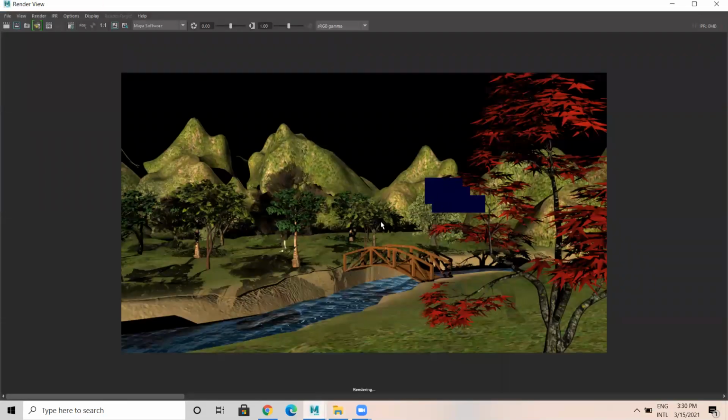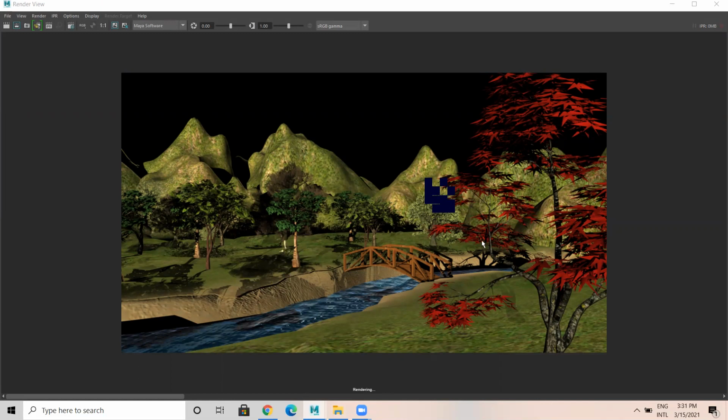Still it's taking time, but see, this ray tracing takes a lot of time to render. I think this particular image will show how much time it has taken. Your system might take 10 times higher than what I'm rendering now.